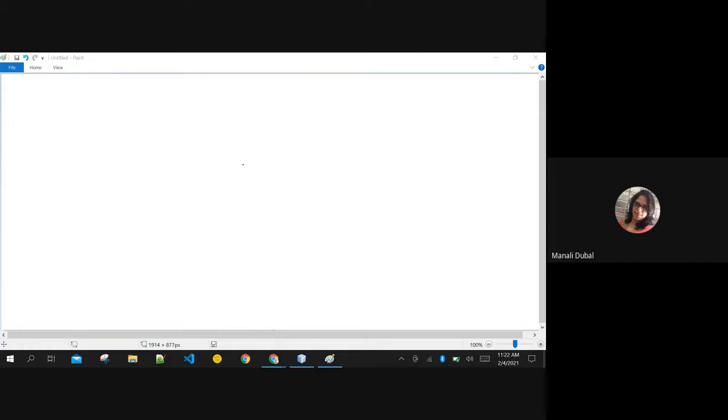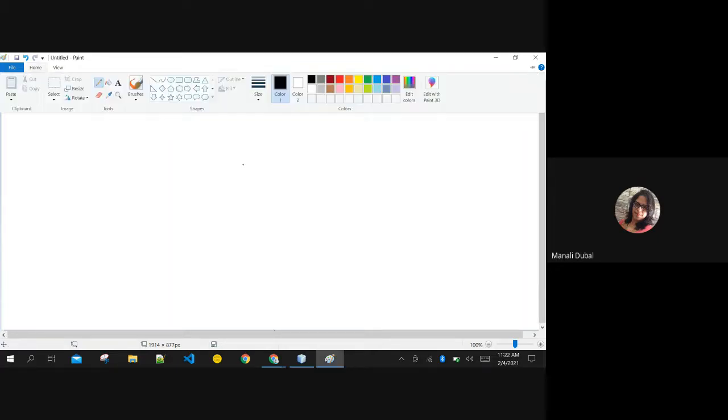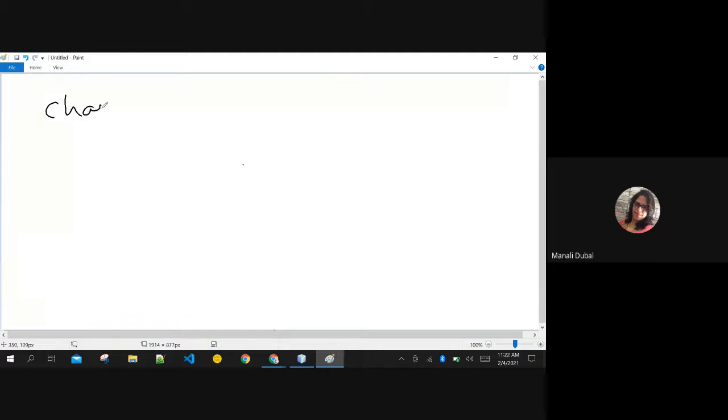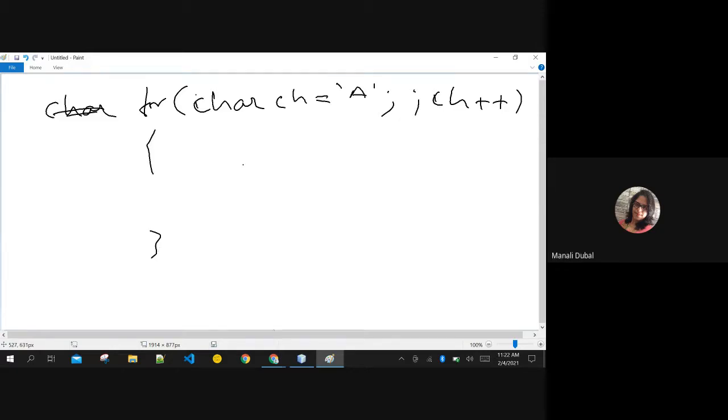Okay, ma'am. Yes. So you can actually start this with no need to even mention this. You can directly start your loop itself. You can start your loop with this character ch equals to a, right? You can make it infinite also, and you can increment ch like this. But as you are printing, the question was like this, no? A B C like this, right? B E F G like this, no?